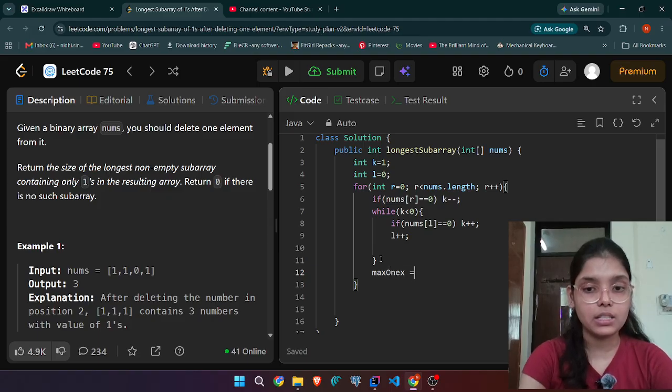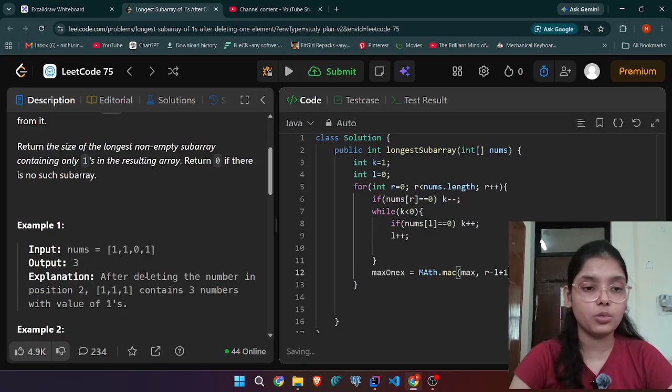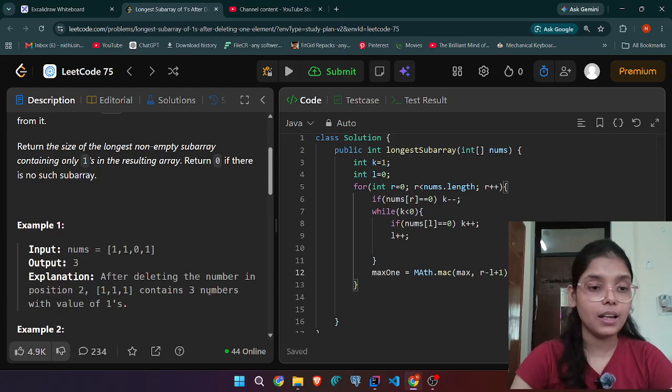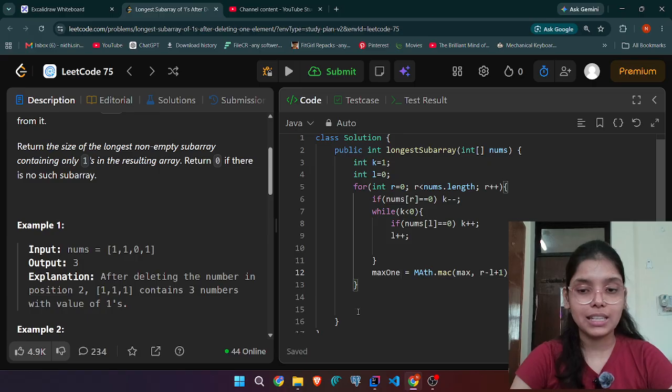How can I track my max ones? For that, Math.max, whatever the max, and my R minus L. Here I could add plus 1, but we know at last we have to reduce 1 from our max ones, because we are considering this whole array, and in our max array there will be one 0. So at last I have to decrease 1. So instead of decreasing here, I simply do not add 1 here. It simply will be R minus L